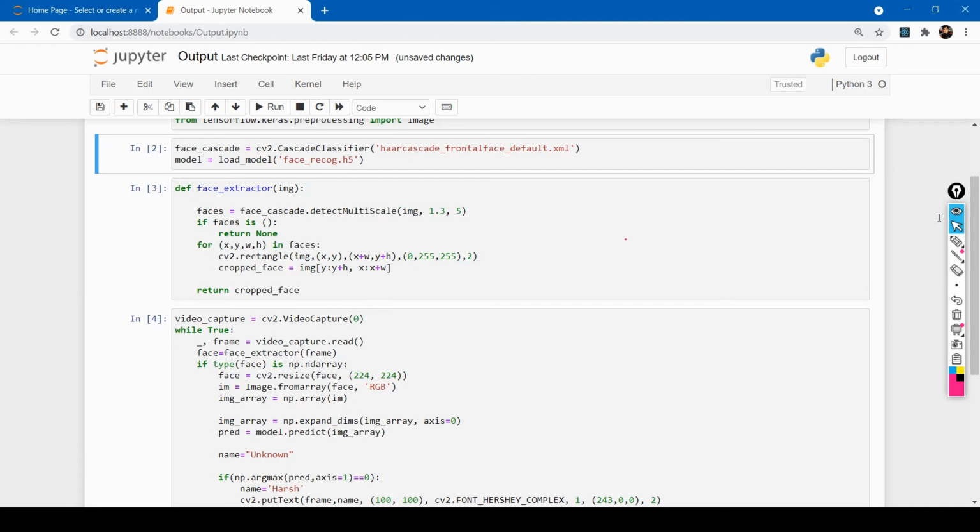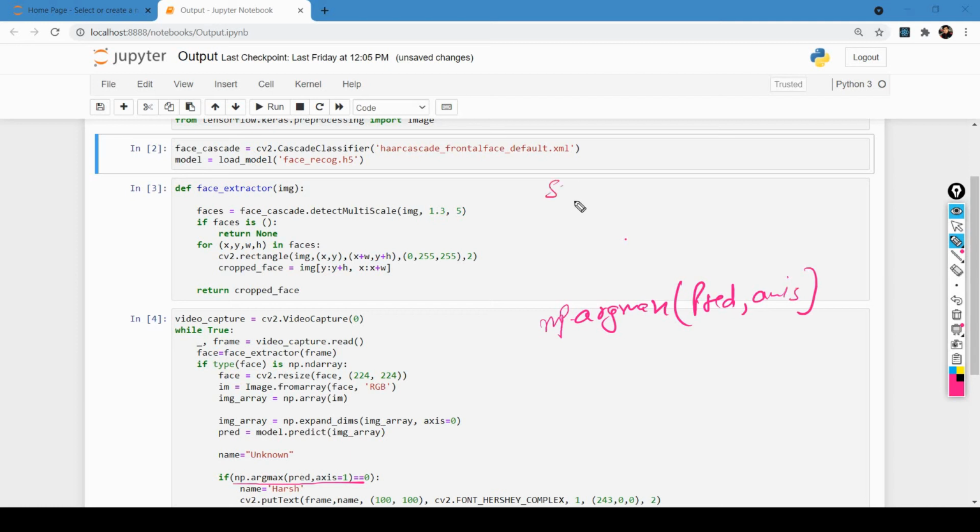So after that, we pass this array to predict. Try to understand what this function will do: np.argmax. Inside this, we have a prediction. If you remember, we have used our softmax function over there. So what will the softmax function do? It will give me two probabilities, like 0.90 or 0.40, right?